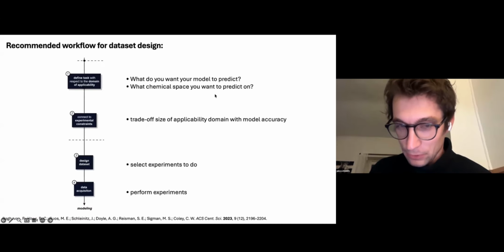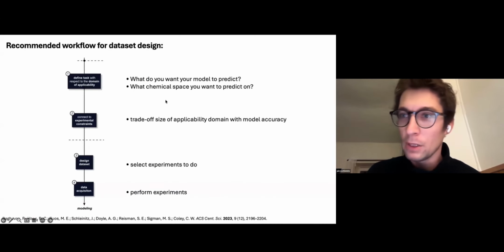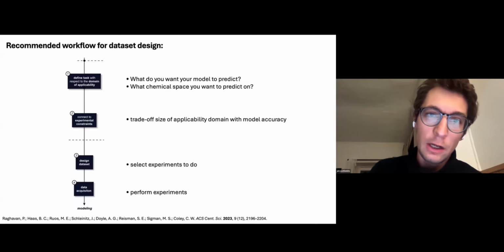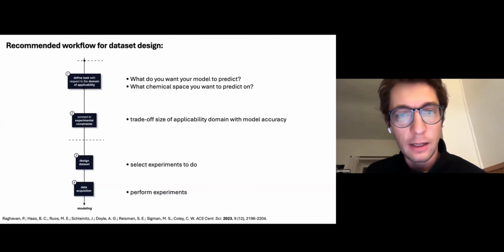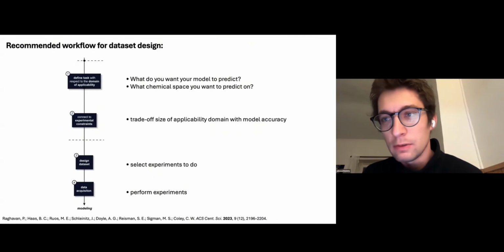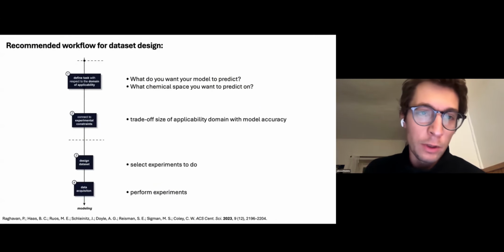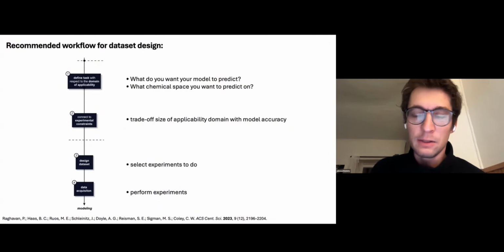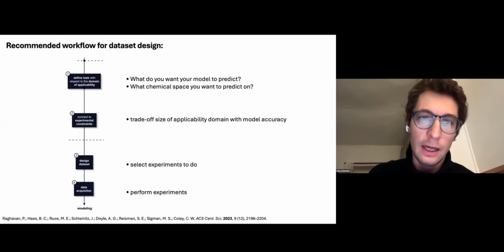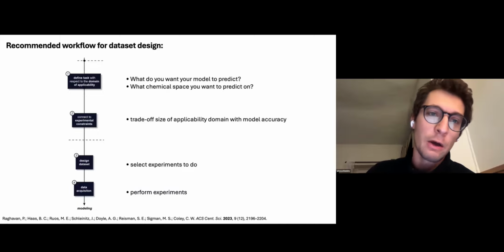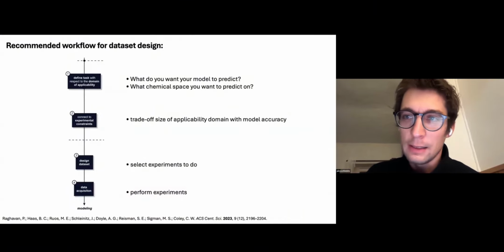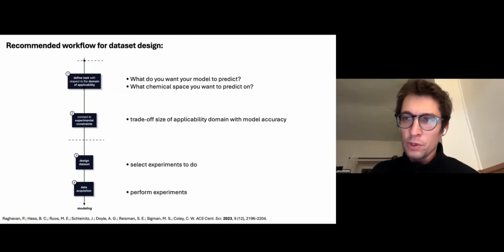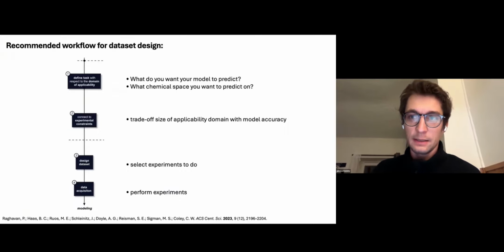I'll start. So yeah, when you think about designing a data set for predicting reactivity based on experimental data, I think the first thing you need to think about is what you want to do with your model. So what is exactly the task you want your model to do? And when you think about that, what is the chemical space you want your model to make predictions on? And this question is pretty important to design your data set intentionally